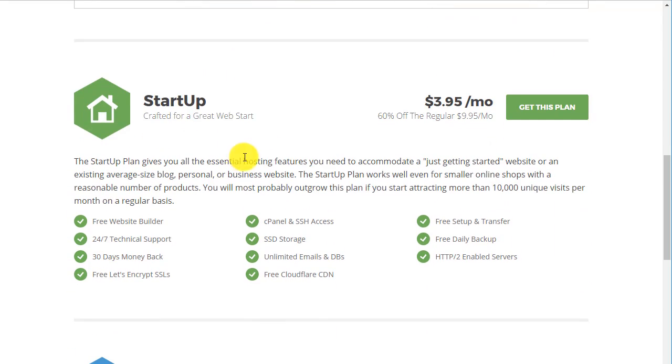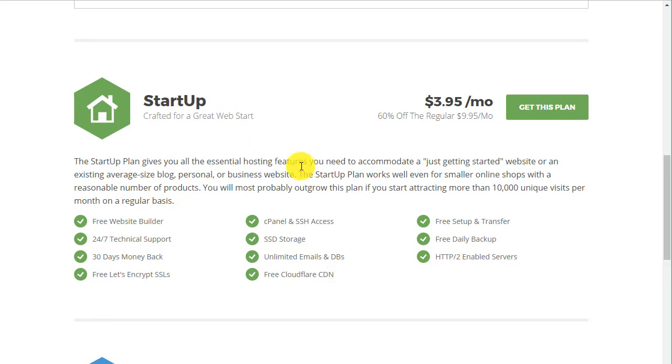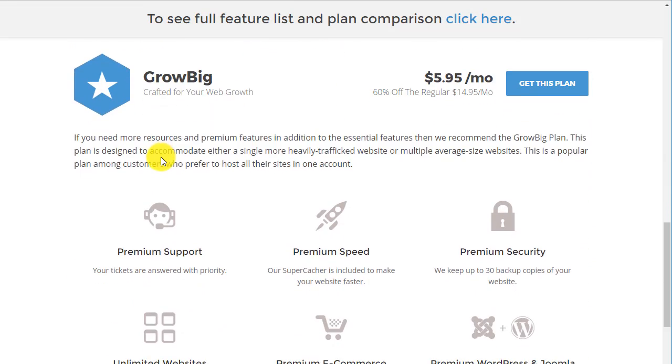Now we'll go down quickly and look at the plans again. StartUp is for the great web start. The only thing I will say is with the StartUp, you're only given one website. And honestly, once you build one WordPress site, you're going to want to build another one. Then you can get another domain, get it right here, and set it up. So if you're really on a budget and you can't see yourself doing anything else, do the StartUp. But honestly, for pretty much anybody else, you should start at least at the GrowBig